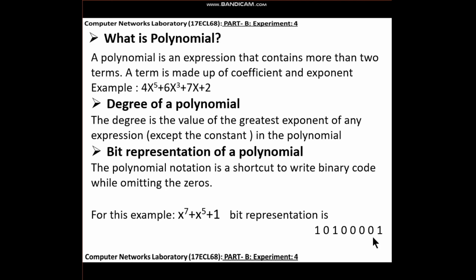Other exponents are absent, that is x raised to 1, x raised to 2, x raised to 3, x raised to 4. We have x raised to 5 here, so at the fifth position we can put 1. Whichever exponents are not present in the polynomial will be replaced by 0. In this polynomial we don't have x raised to 6 also, so here it is 0. Then x raised to 7 we have, that is 1.